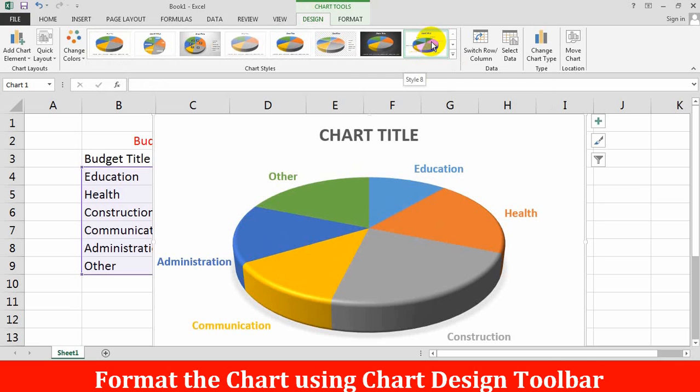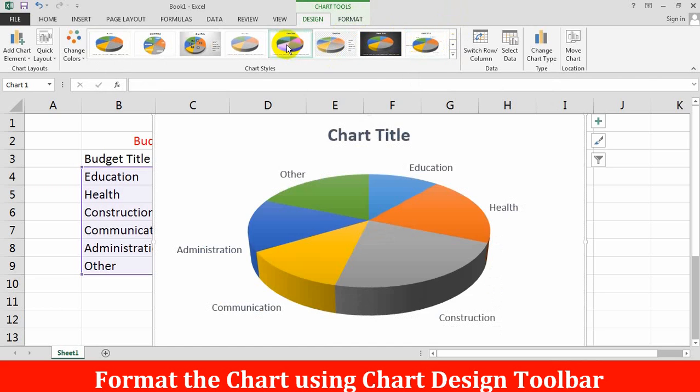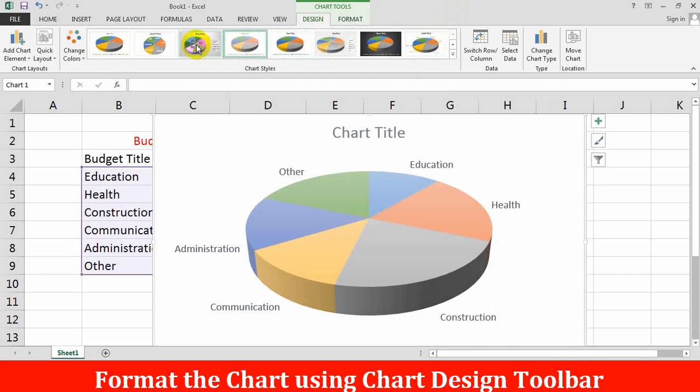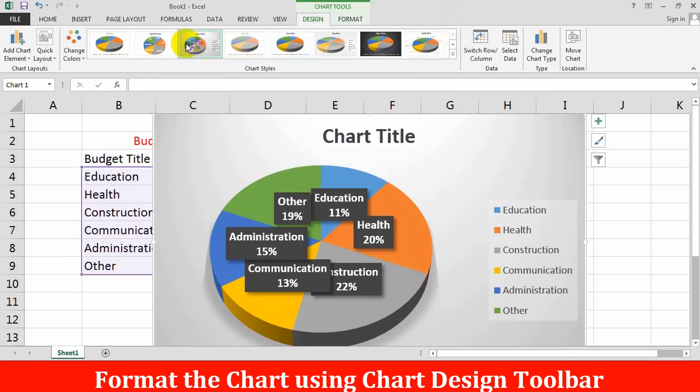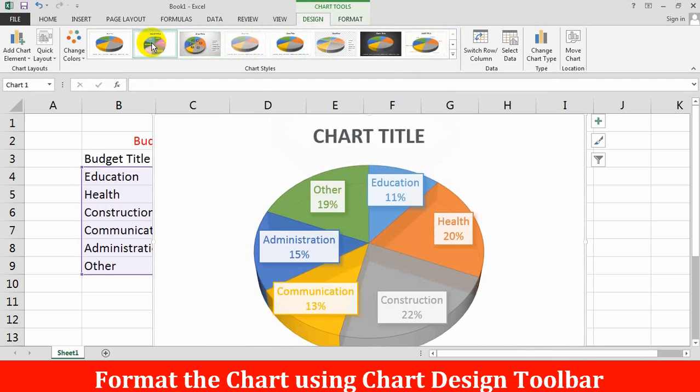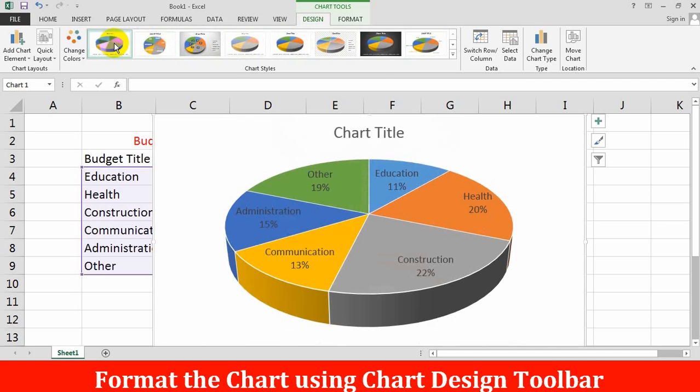Here, automatically, on the basis of the separated price values, the pie chart has been created. You can choose any one style. Which style do you want? Suppose if you want to select this style, just click on this style.